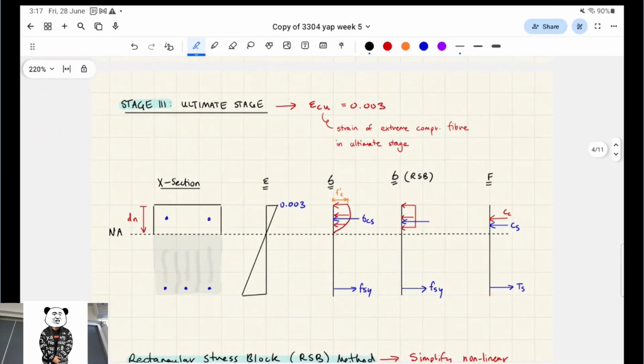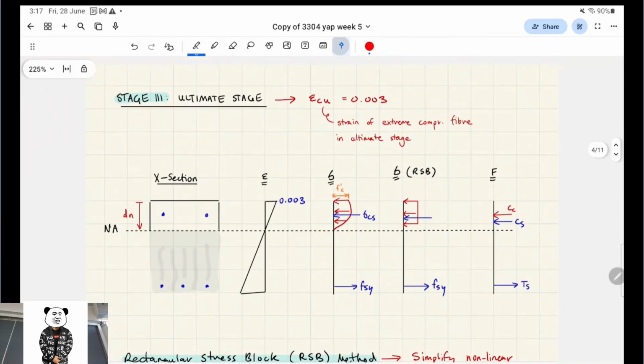So here's what all the diagrams look like next to each other. Here's the order that I like to draw everything in, because to me this makes the most sense. We draw the cross section, right? And that's where we consider the compressive concrete and everything under the neutral axis is cracked like that. We have our bars, so you're going to find all sorts of different configurations